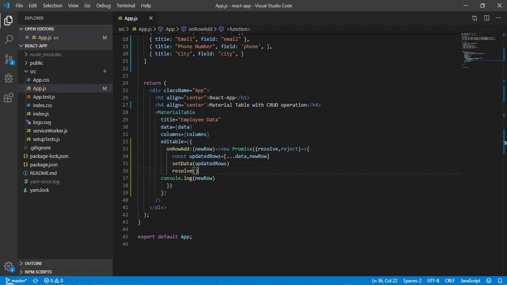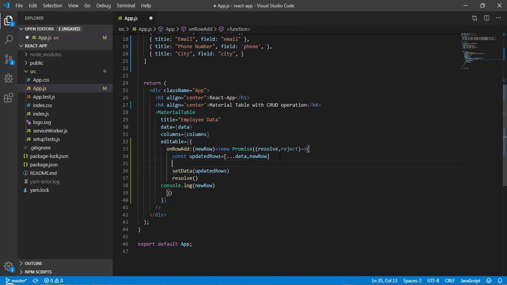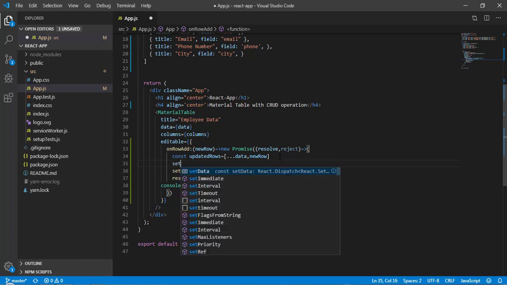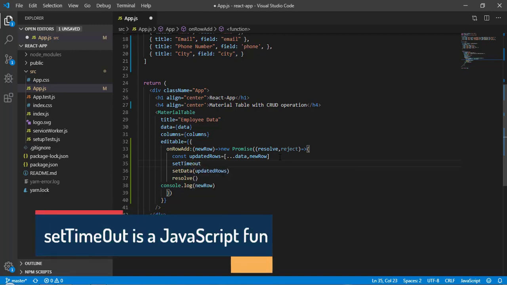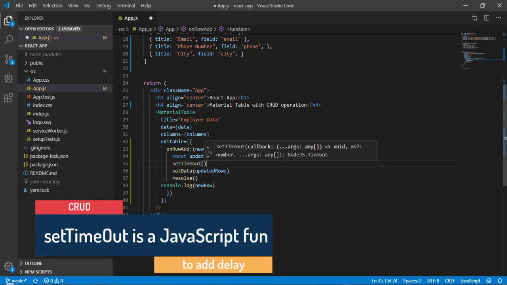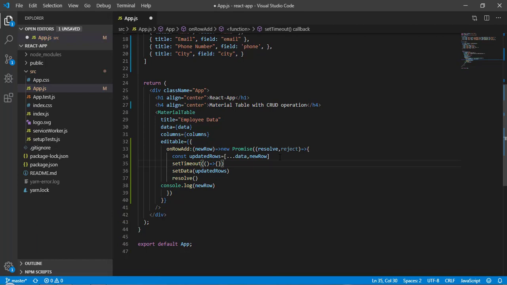Okay, so now here you might not have received the processing bar, and that is because of this resolve, because after updating immediately we are resolving. This is the promise call, so it will work on resolve basis. Okay, so here we need to add some delay. So for that we can add here set timeout. So let's write here set timeout, and this is the function which is going to take two parameters, and the first parameter is a callback function and second is the time. So here we will provide 2 seconds and this time is going to be in milliseconds. So I have provided 2000.